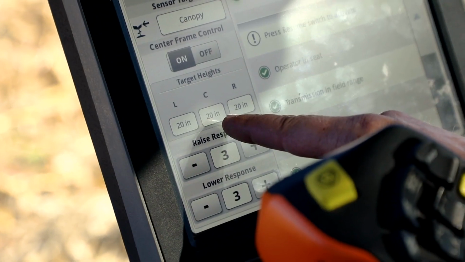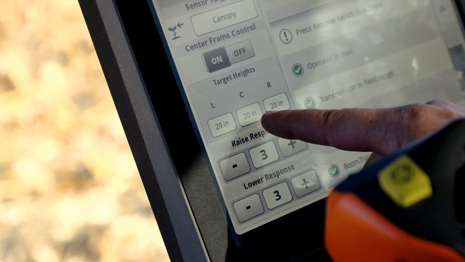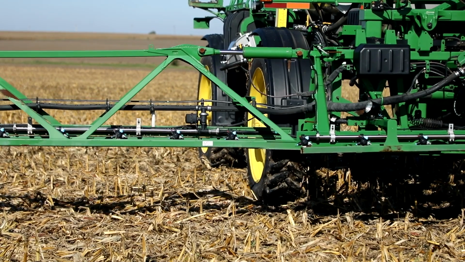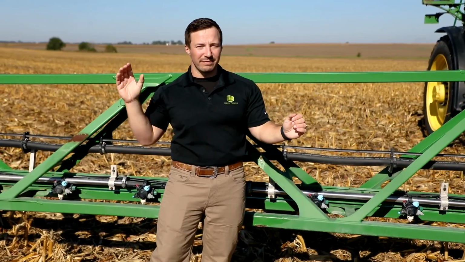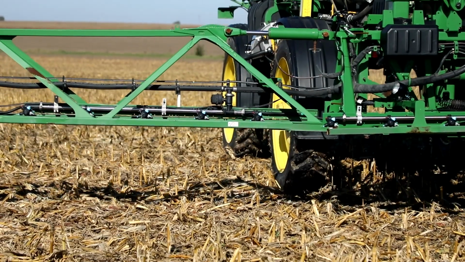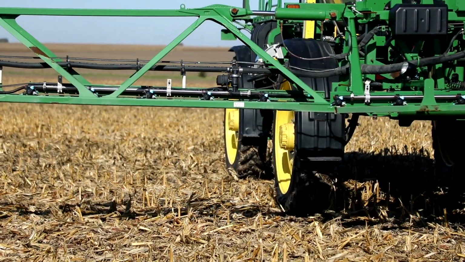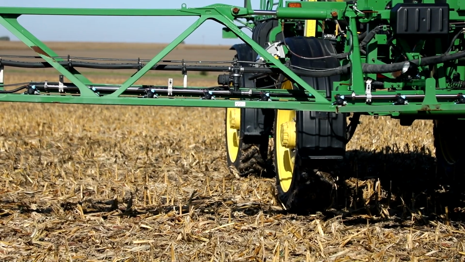What that means is, as your boom moves below the intended target height, that fan does not have enough time to develop the complete width to provide the intended overlap between various nozzles. This is going to result in inaccurate product placement and typically underrate applications, which you will see come through in the end result. On the inverse of that, if your boom height is getting up too high, you will again have unintended product placement because we are not maintaining the proper angle, and you will also likely notice an increase in driftable fines as that product now has more time to travel through the air